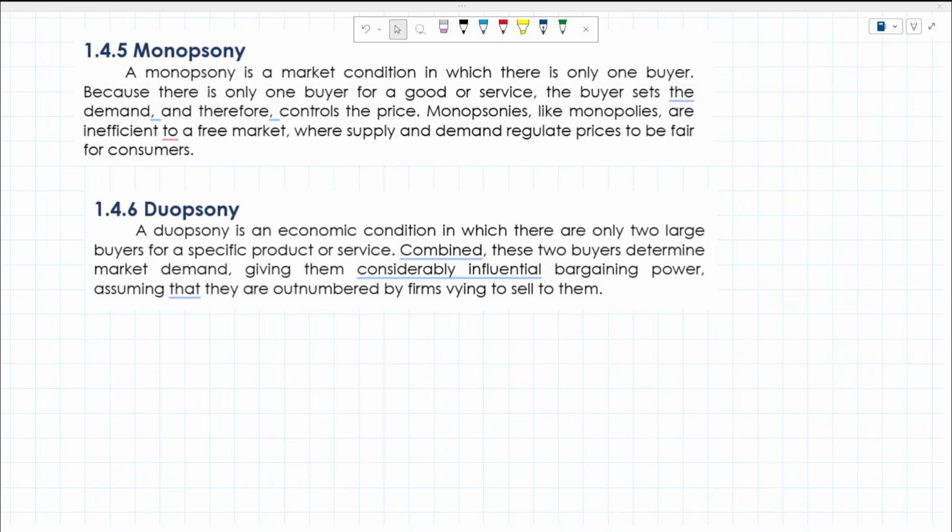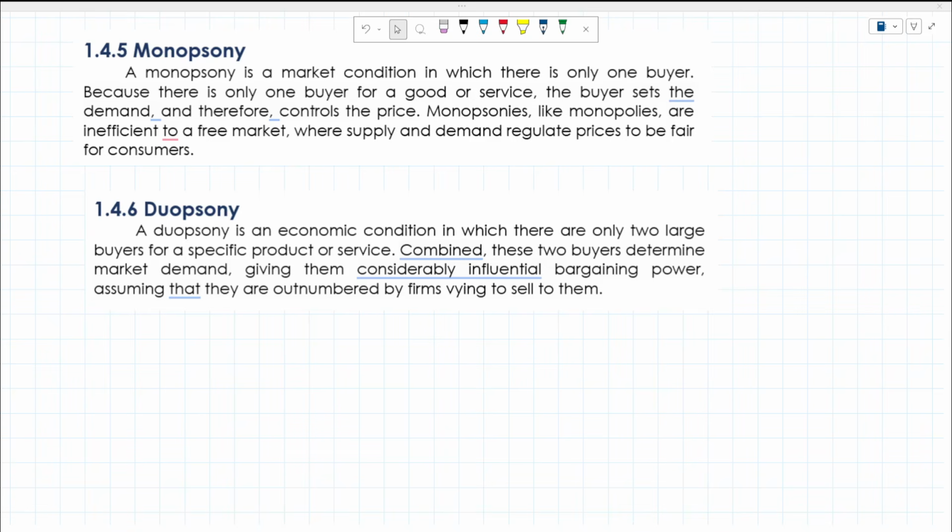Okay? So sa Amerika, or rather sa Australia, ito yung example natin na yung grocery chains na Coles and Woolworths. Sila yung dalawa yung nagko-control ng lahat ng agos ng grocery goods. Dito siguro sa Pinas wala tayong ganitong duopsony. Pero sa I think airlines meron din yung mga nagsusupply sa airlines ng eroplano. Dalawa lang yun eh. I think Boeing yung isa, tapos yung isa, not sure. Pero dalawa lang yung gumagawa ng eroplano.